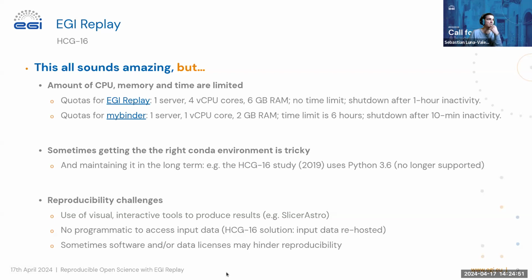All in all, as you see, this is more targeted or low-hanging fruit for those experiments that are small, I mean, those that are using a small amount of resources to fit into the available allocation, right? And with open source or permissive licenses, let's say, and with a well-defined set of software requirements.